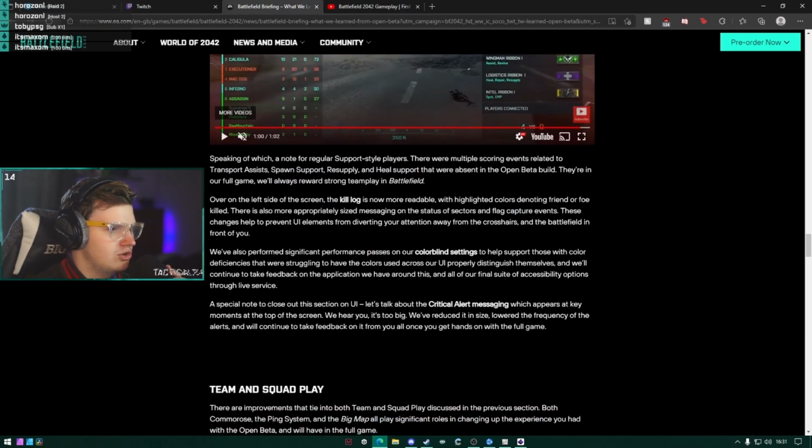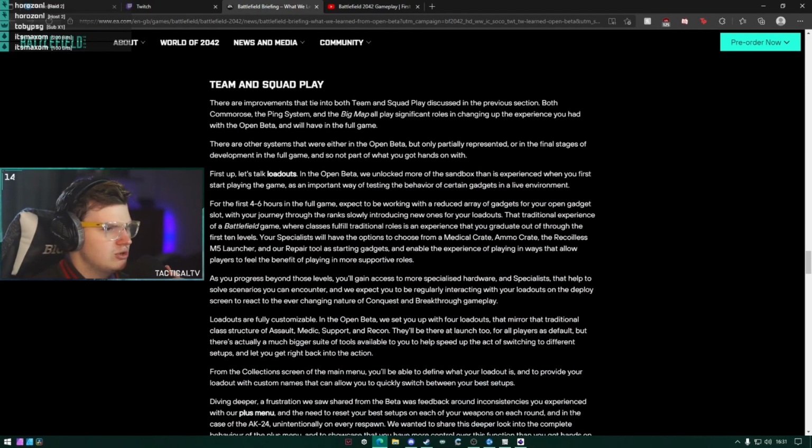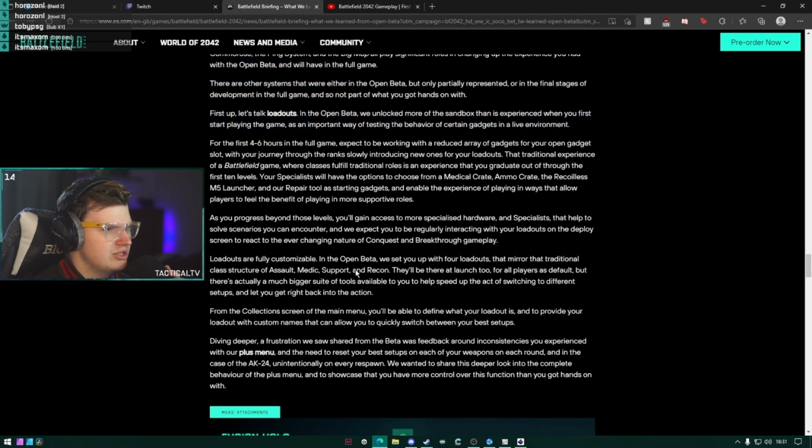Ooh, what up, corruption? Speaking of which, note the regular support style players. Yep, Gucci. Over the left side of the screen, kill log. Yep, I like that. Much nicer. They've updated the colorblind settings. That's decent. Team and squad play. This is stuff I'm not too interested in because...